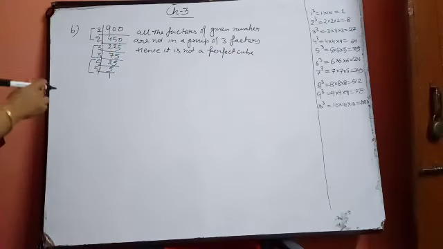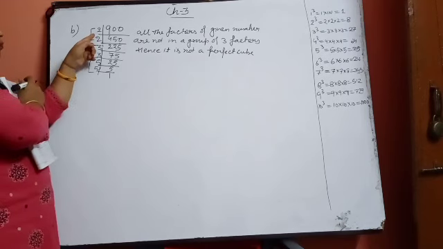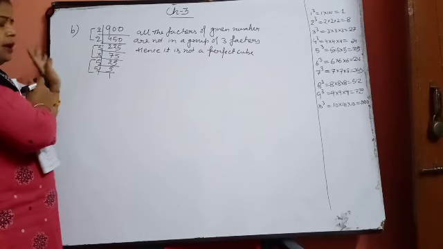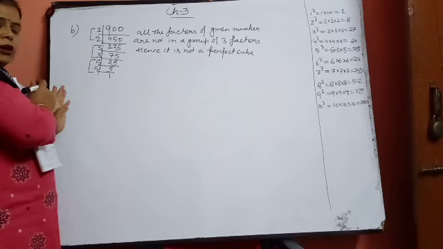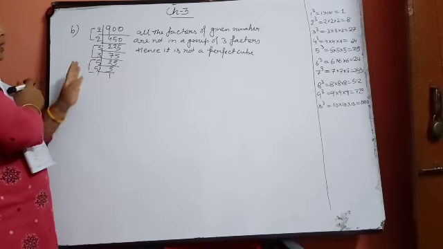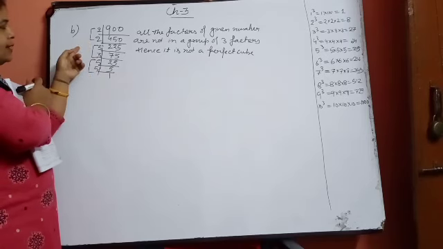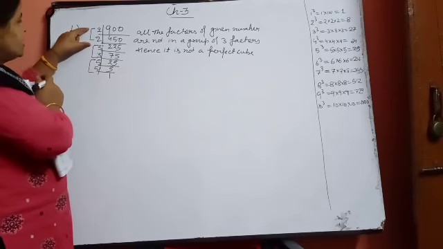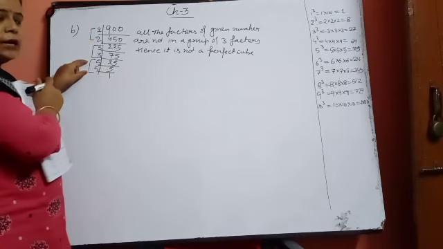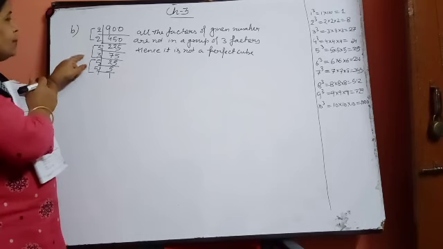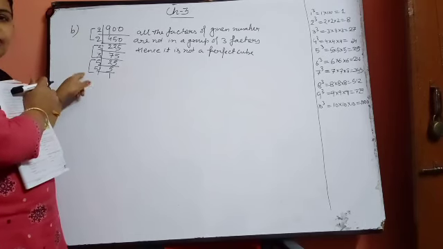See that. Suppose 2 will have 3 factors, 3 will have 3 factors, but 5 will not have 3 factors, then also it will not be a perfect cube. But if the same question comes for the perfect square, you can see that 2, 3 and 5 both are in a group pair of 2 factors. So it can be a perfect square, but it is not a perfect cube.